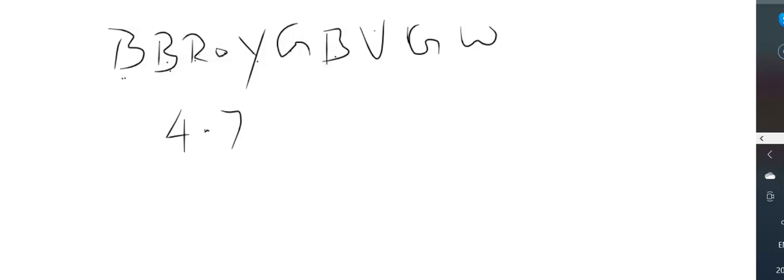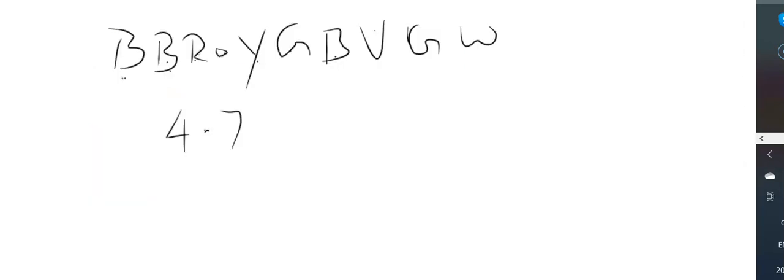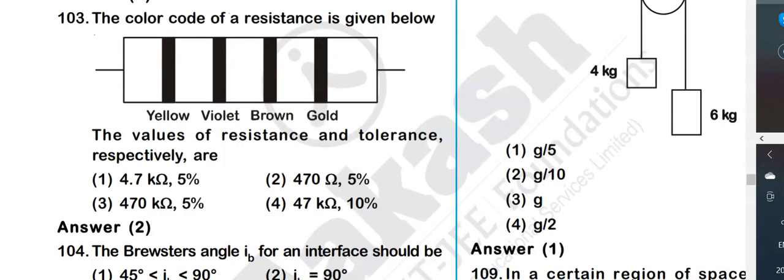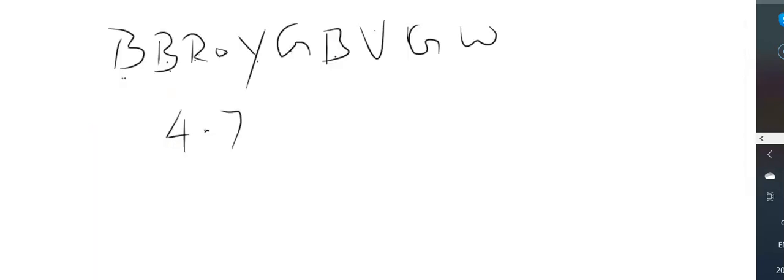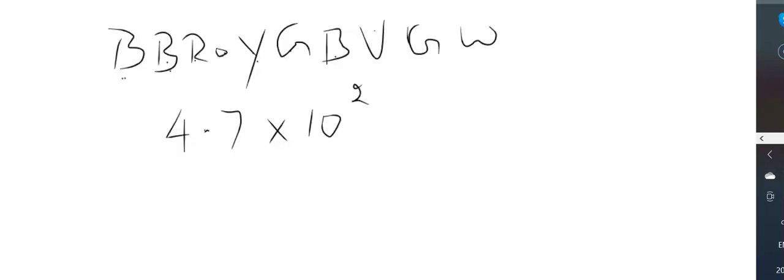And the multiplier is now going to be what? It is brown. We have to take the brown. Red would be the next one in B.B. Roy, but we have brown here. Brown is for the second one, 10 to the power of 2. And gold, the tolerance level, is 5%. For gold, it is 5%. So plus or minus 5% tolerance.